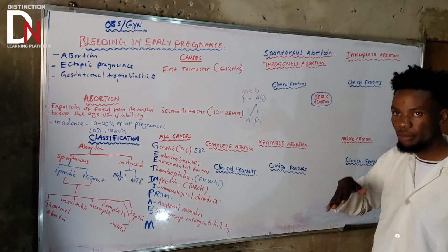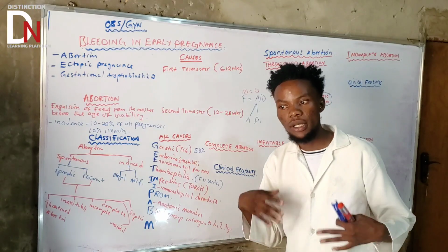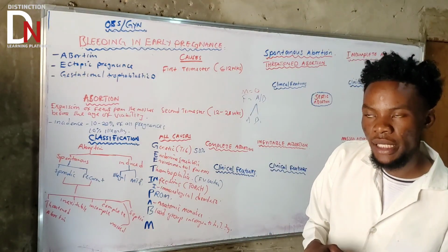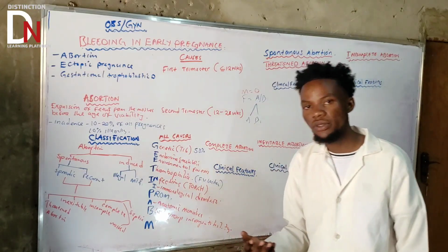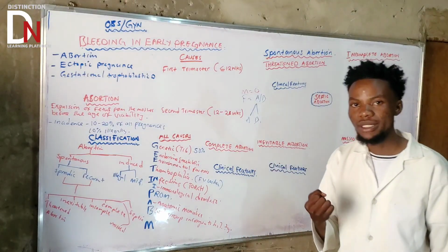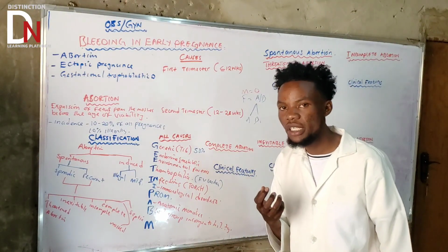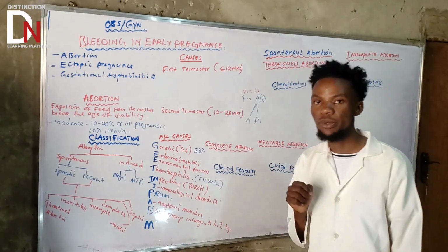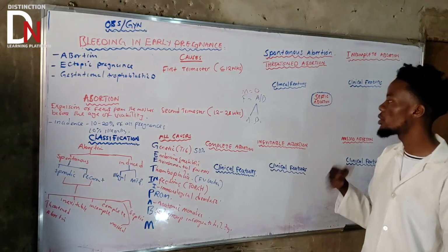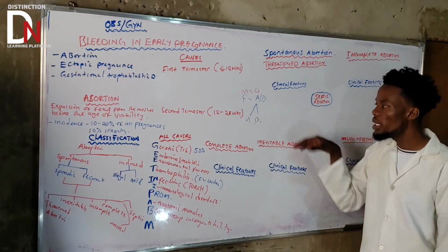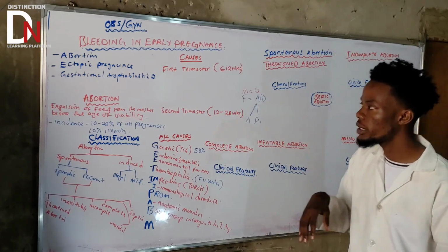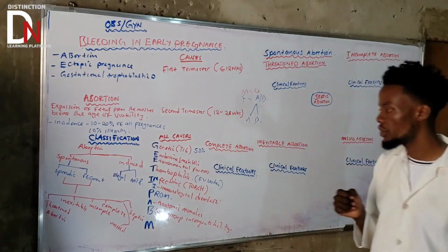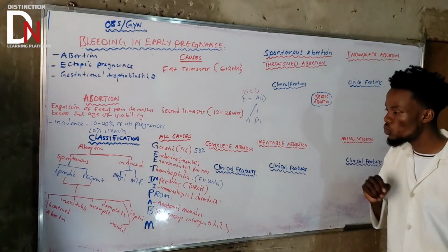In case maybe at some point the blood of the fetus was exposed to the blood of the mother, the inflammatory response is going to be activated, thereby the mother will start producing those autoantibodies, whether anti-A type of antibody or anti-B type of antibody. Basically, all this process is going to cause abortion, basically in the first trimester.